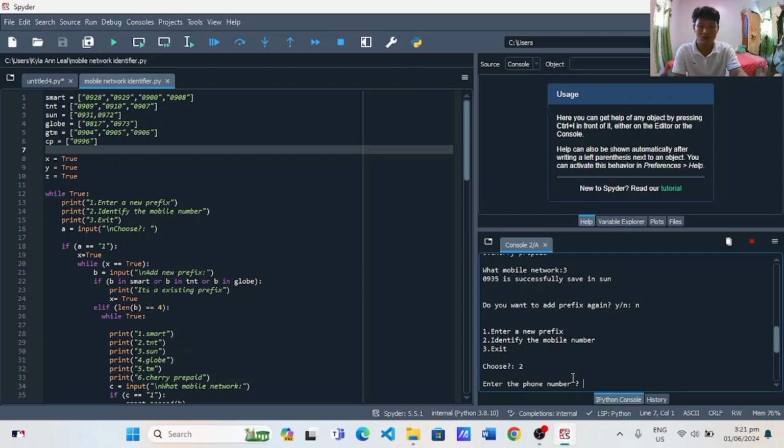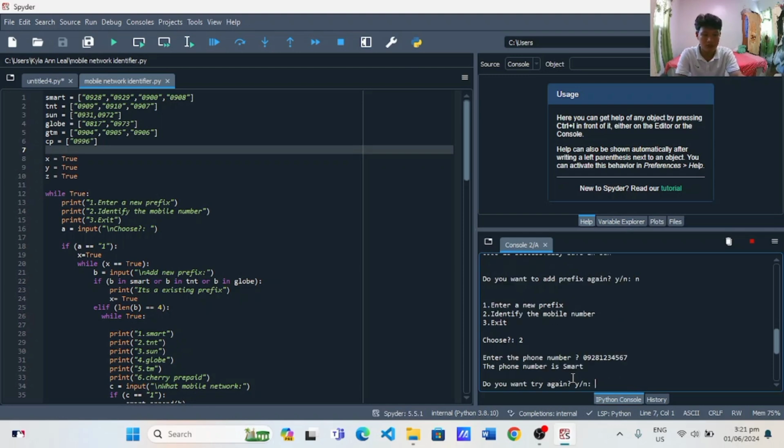We will enter 0928567. So we will press enter and then it will identify what type of network that inputted number is. So we press enter and it shows that the phone number is a Smart network.